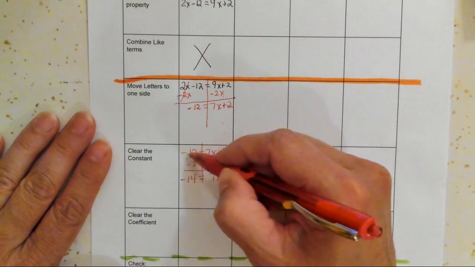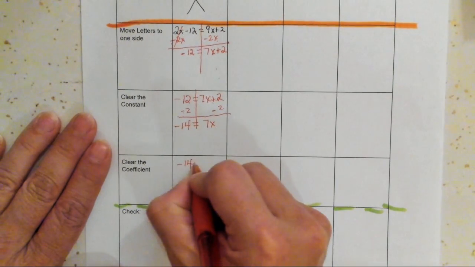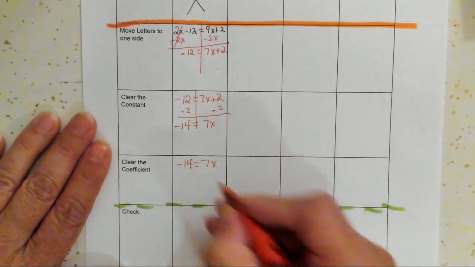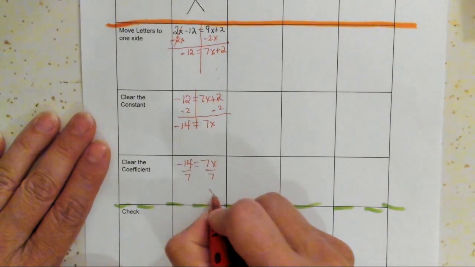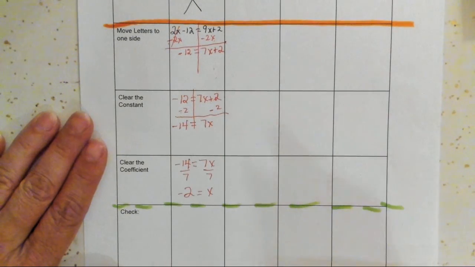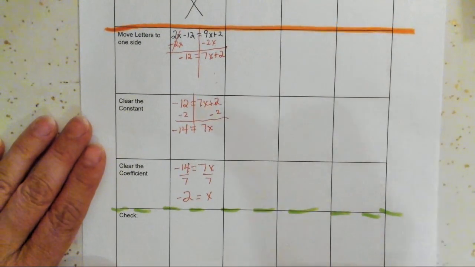Careful with arithmetic right there. And then I'm going to clear the coefficient. Negative 14 equals 7x. I'm going to divide both sides to get rid of the multiplication. X equals negative 2. So now, if I want to check that, I go back to my original problem, and